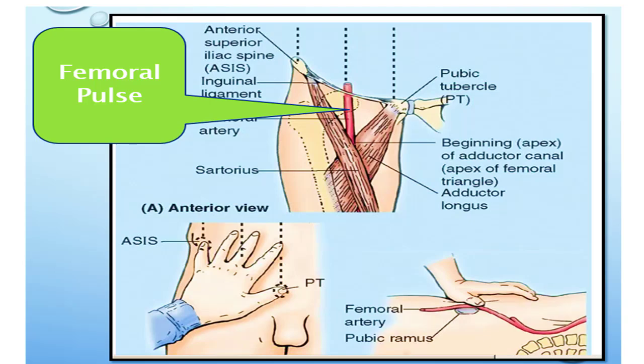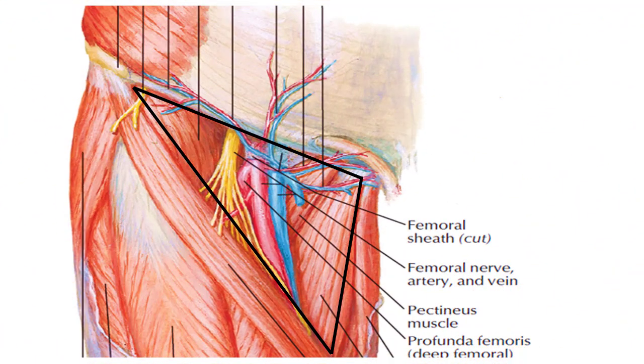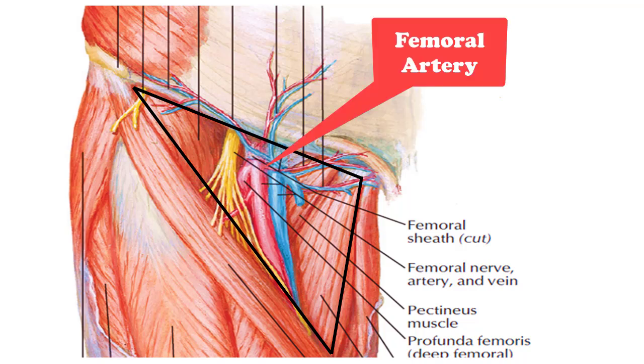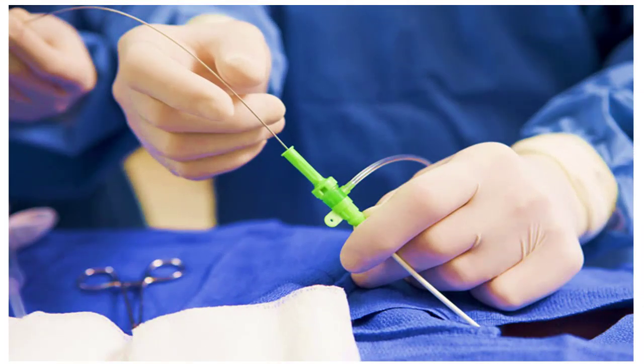Another important point is we had already seen that the femoral artery is located superficially within the femoral triangle. So we can access this artery easily because of its superficial anatomical location, and all these anatomical points that I have told you make the femoral artery suitable for a range of clinical procedures, and one such procedure is coronary angiography. In coronary angiography, this is a procedure where we use a special dye or contrast media, and x-rays are used. By means of this, we can see how blood flows through the arteries in your heart.